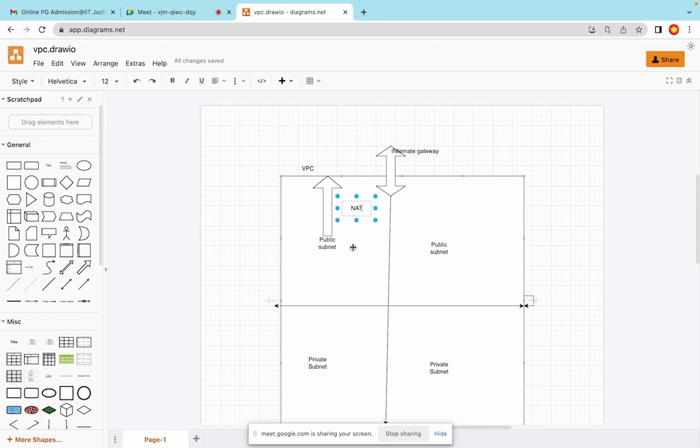So VPC is what? Virtual private cloud. It's a private network which you can use for your own public application, own private application. Let's say that you want to deploy an application. So you should not use the default VPC which is available in AWS,